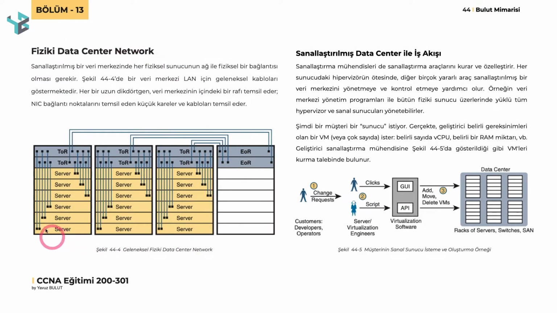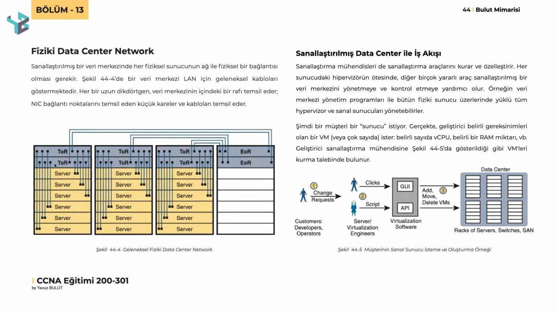As you can see here in the physical data center, we have rack cabinets. You can arrange our servers in our rack cabinets from bottom to top or from top to bottom as you wish. By default, there are usually 2 network cards on the servers. We connect these cards to switches, which we call TOR, as you can see here. TOR is an abbreviation for top of rack.